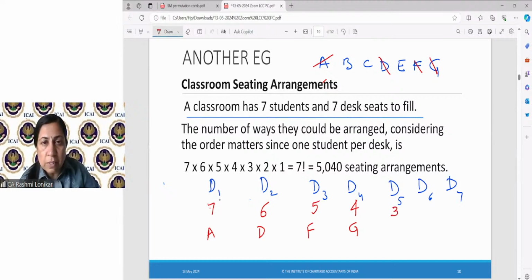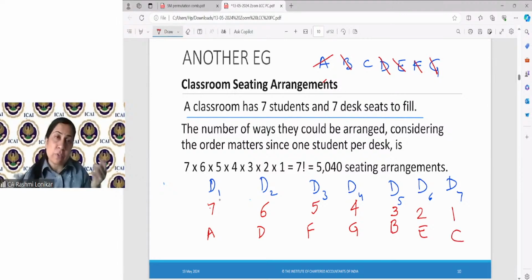So suppose B is occupying. So I will say B is occupying this desk. So I'll write B. How many people are remaining? C and E, 2 people are remaining. So here I have 2. I say suppose E has occupied this. So E. So last place there is only C left and only 1 desk left. So poor chap C, he will not have a choice. He will have to sit on that chair, whichever is given to him. Okay. So what this means is, so I have written over here,